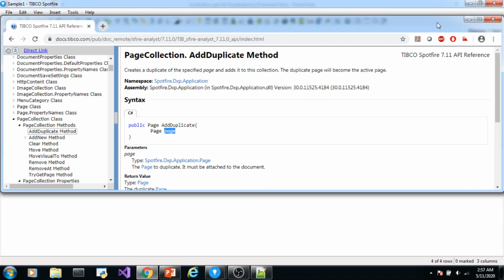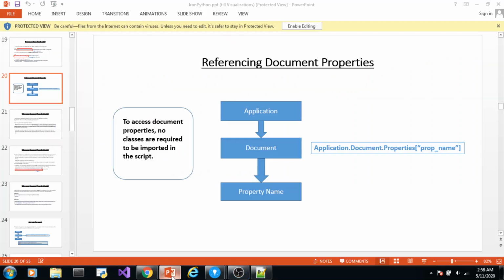You will not be required to do much with a document property. The only requirement with a document property will be to access and change its value more often than not. So this is how we access properties. Remember the hierarchy. For document properties, no classes are required to be imported in the script, but to be on the safer side, just have all the classes imported from the application library, spotfire.xp.application.